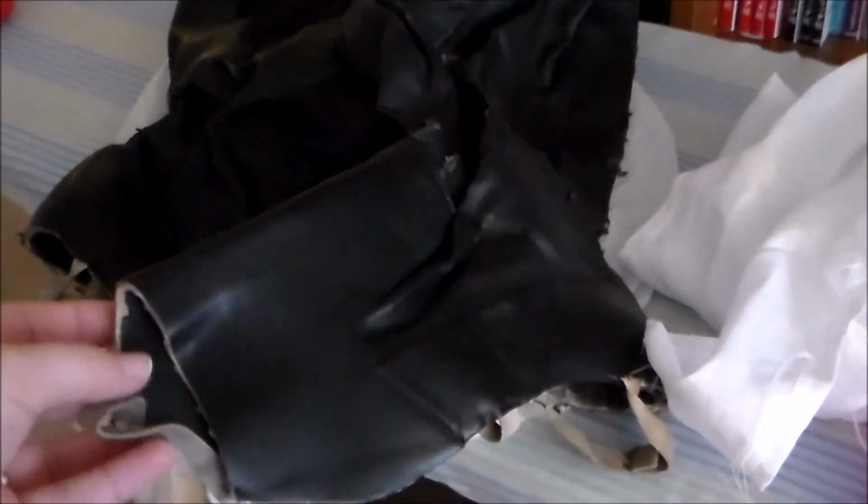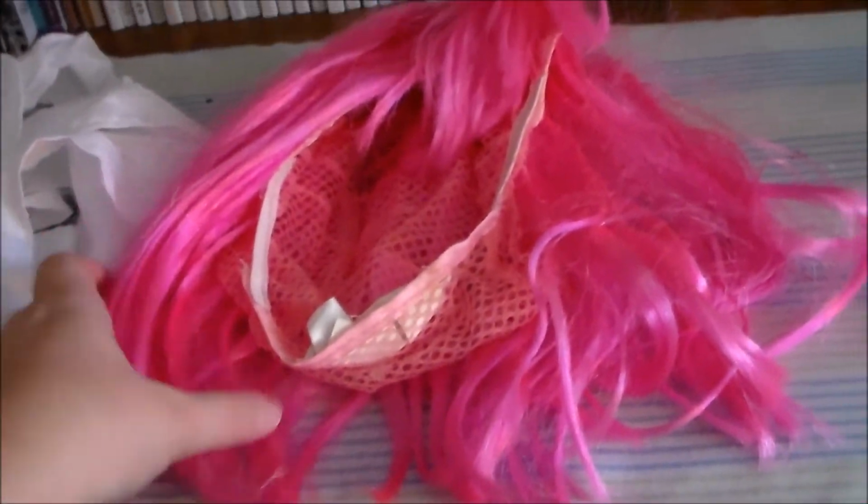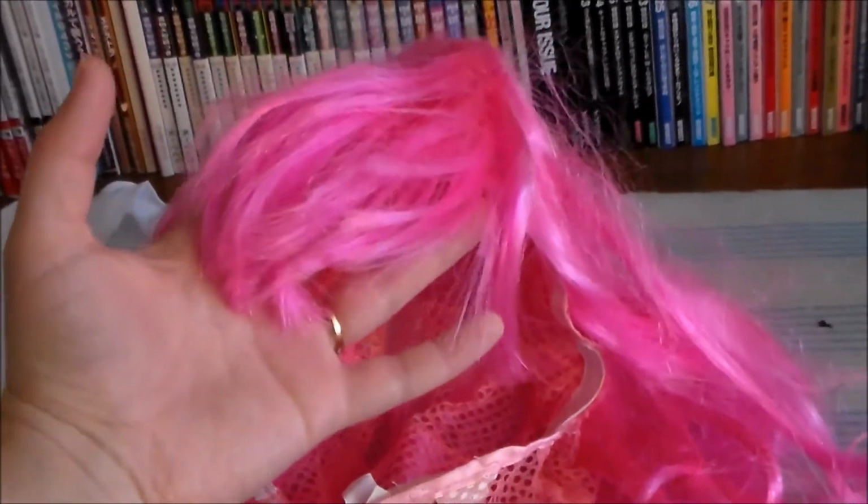And for her boots, I couldn't find any boots that have open toes, so I got a pair of boots from the thrift store that are way too big and cut the soles off, added elastic at the bottom, and wore it over flip-flops. And these boots are literally disintegrating. And for the wig, this was back before cosplay wigs really had any options. So this is a cheap, awful Party City pink wig that was long, and I just chopped it to be the